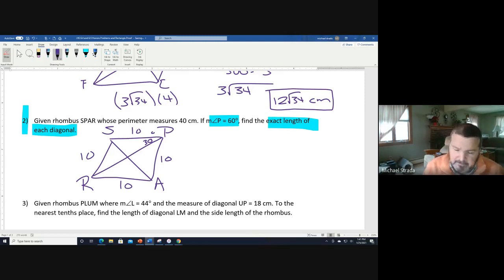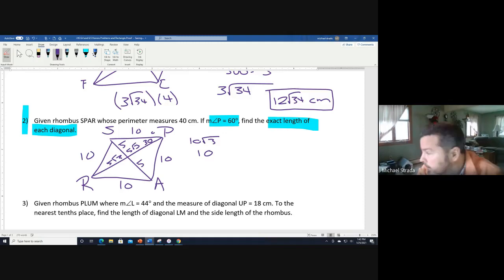Well, instead of the Pythagorean theorem, because I only have one side, but I have 30 degrees, I'm going to use special right triangles. You have to remember that the hypotenuse is double the shortest leg. So working backwards, we're going to cut it in half, and that's 5. And then the longer leg, not the hypotenuse, is the shorter leg times root 3. So that one is 5 root 3. That other part of the diagonal is 5 root 3, and then that would be 5. All right, 5 root 3 plus 5 root 3 makes one of the diagonals 10 root 3. 5 and 5 is 10, so the other